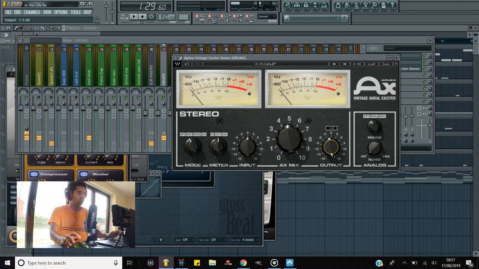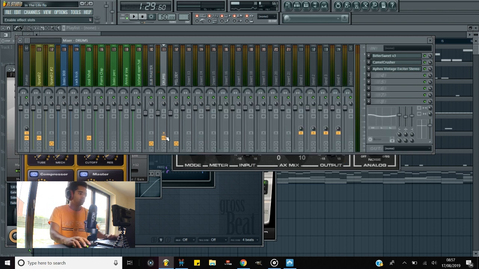I'm going to show you before and after. So before, after. Okay, sounds pretty good to me. Again, it sounds a bit louder, a bit crisper, a bit punchier, which is exactly what I was going for, which is all good. Now, the next thing that I do next is either the bass